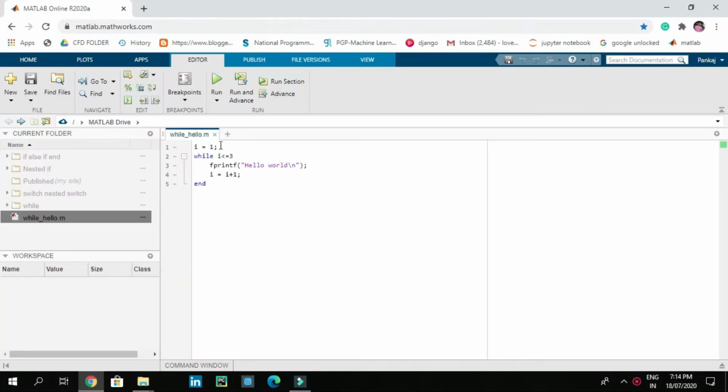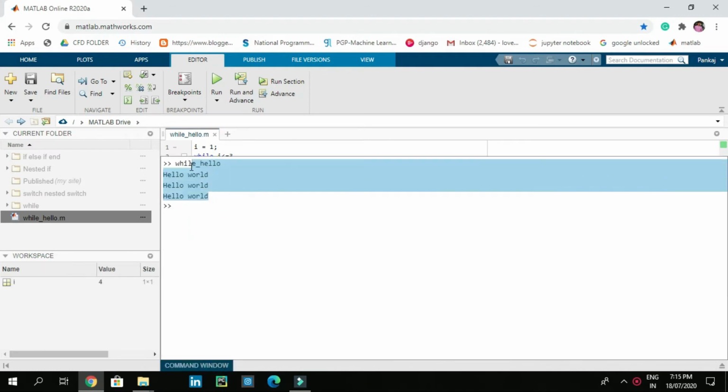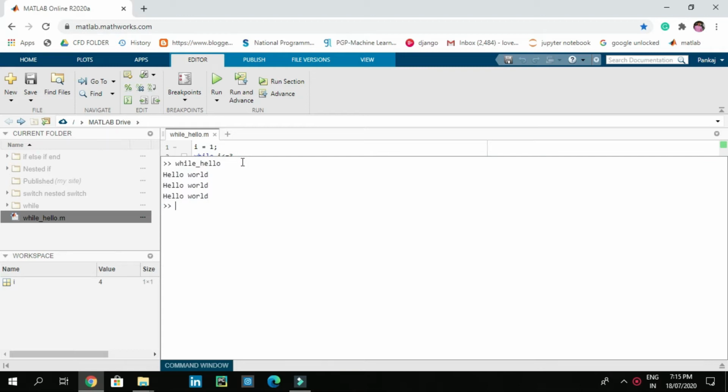So here we have code that we used in previous video of this series to print out hello world 3 times. So now we are going to work on nested statement by implementing this code. So now we are going to implement as, after printing hello world one time, we want to print 2 times Pankaj, and after that again 2 times hello world. So now let's move to code.